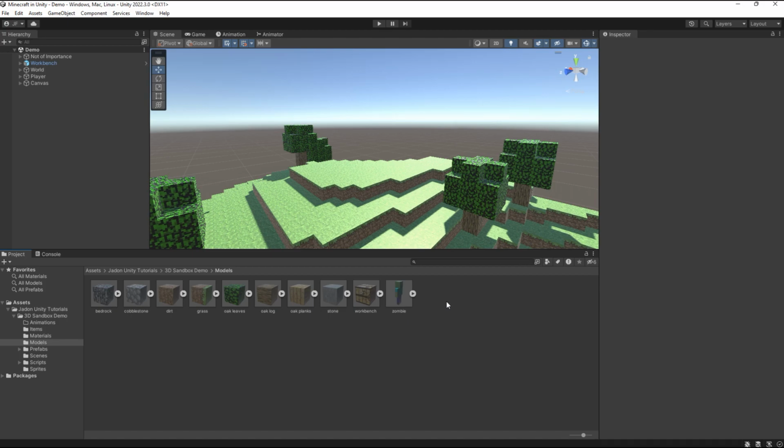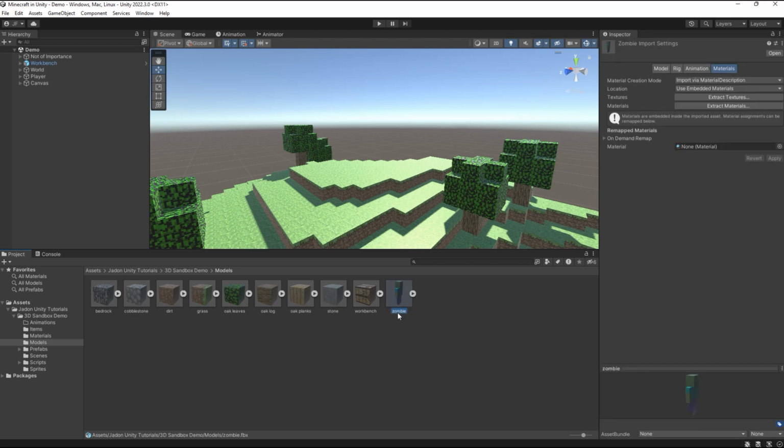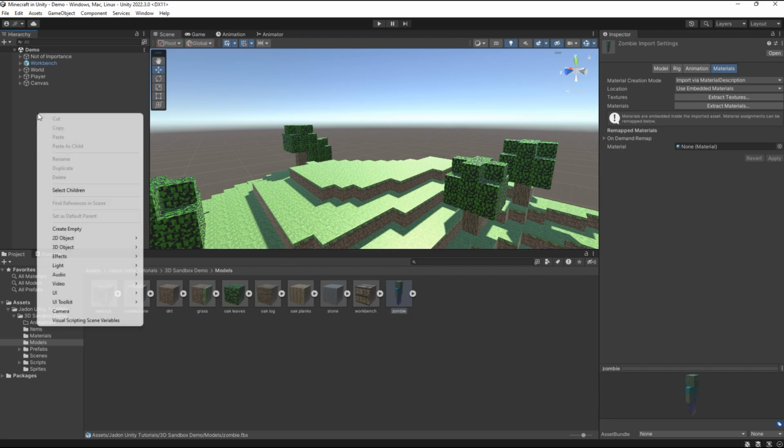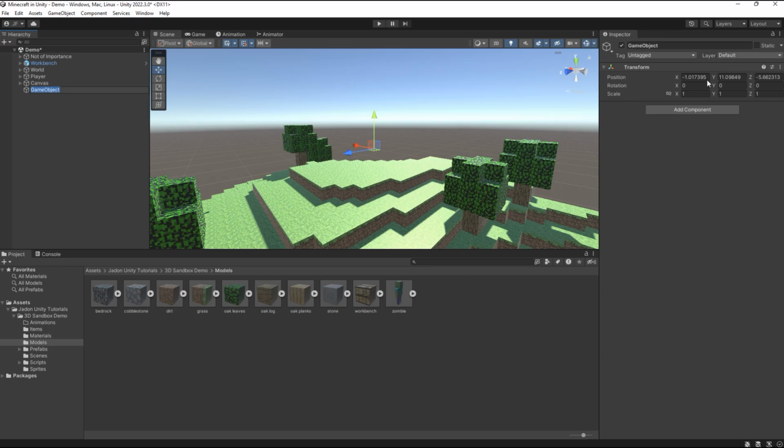Now in the second part of this episode, gentlemen, we need to convert our zombie model to a prefab in Unity to either be able to instantiate it at runtime, for example for your day-night cycle, or to instantiate it manually and have centralized control over it. So in order to do that, let's create a new empty game object,